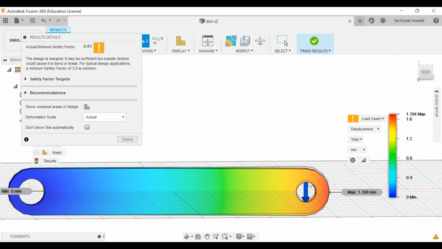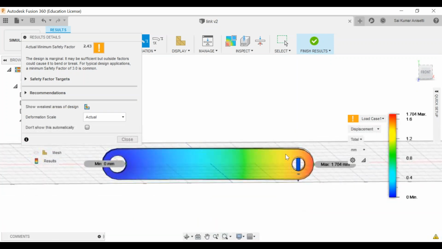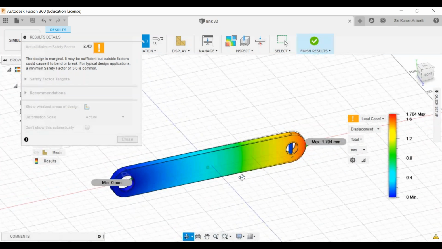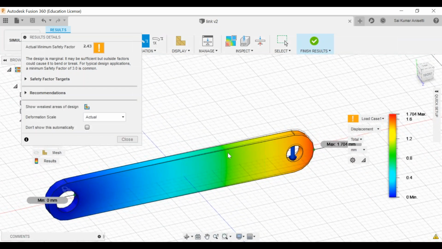Okay, it is a maximum of 1 mm. That is fine for me, it is allowed. So 1 mm is okay, but if you want to have more, that generally we call the safety factor. So what is your safety factor? My design is 1.5 times safer than my actual working conditions.